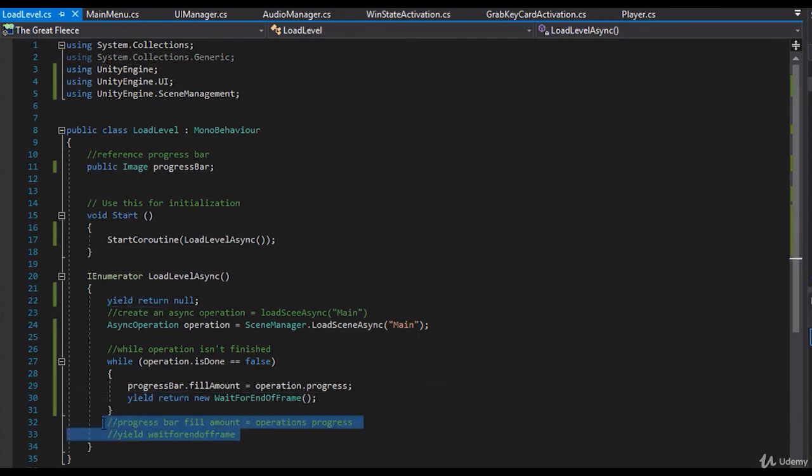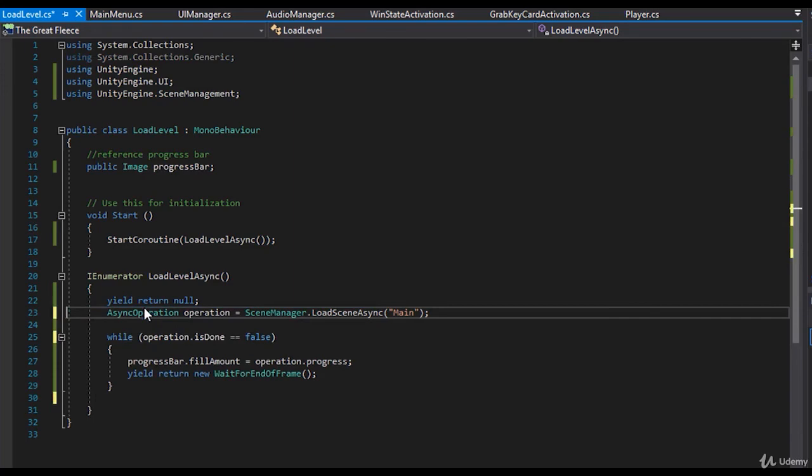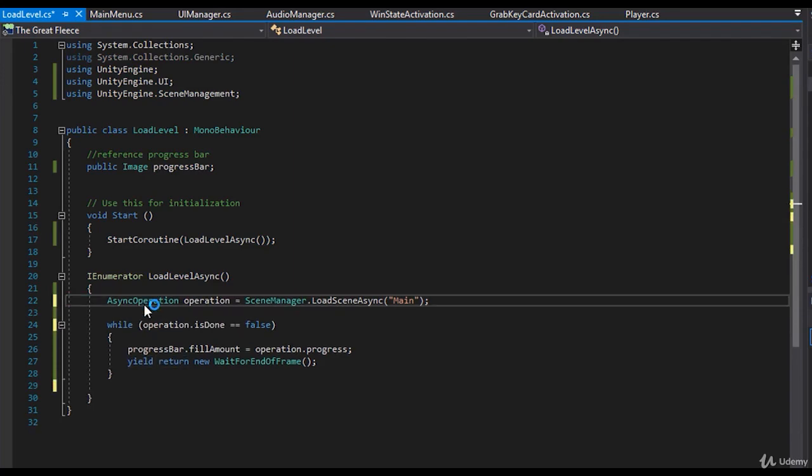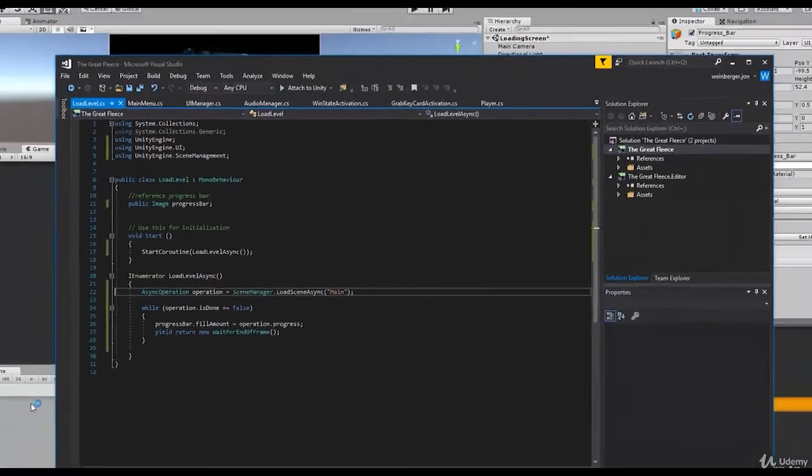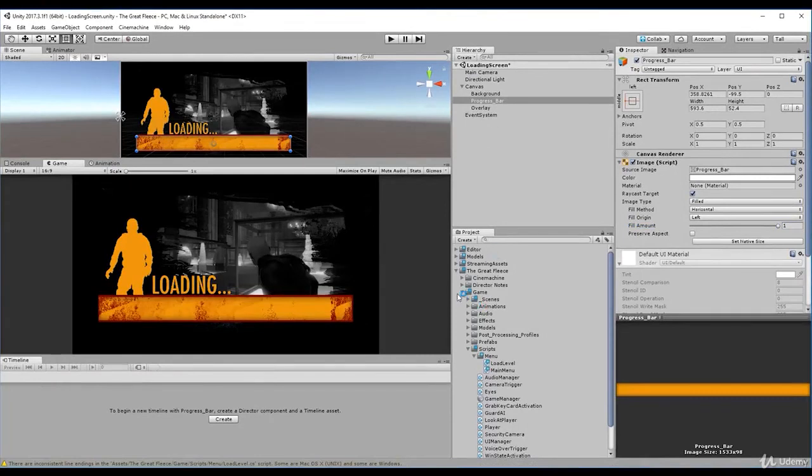We can delete the pseudocode, delete this yield return null statement. If we save this and test it out, we should be good to go. You may actually run into an error if you don't add this to your build settings. So go to File, Build Settings,